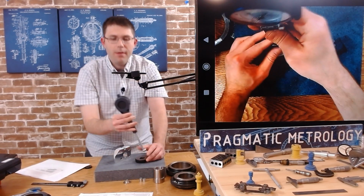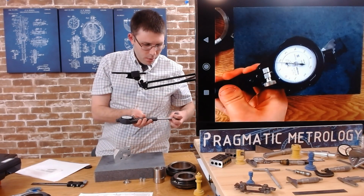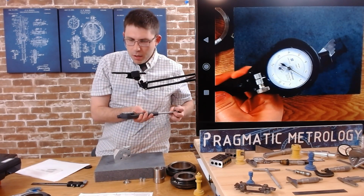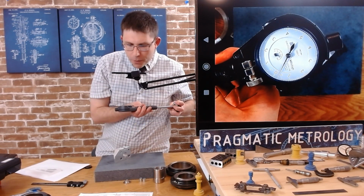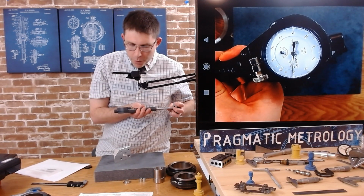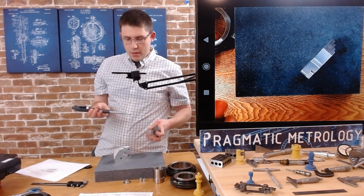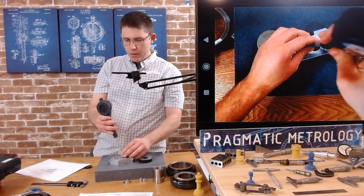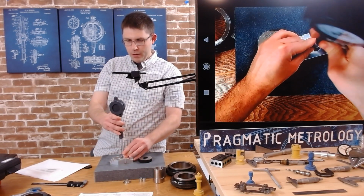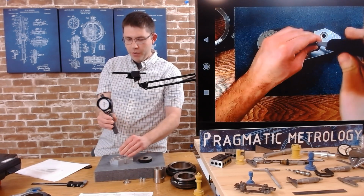So I'm back at 0, and let's take a look at where we are on the small dial. We're behind the 4, maybe about 3/4 behind the 4. We don't need to know exactly. We're going to count how many revolutions because every revolution is 10 thousandths. So we're going to measure our part, and we haven't over traveled, so I'm going to show you on the main camera,